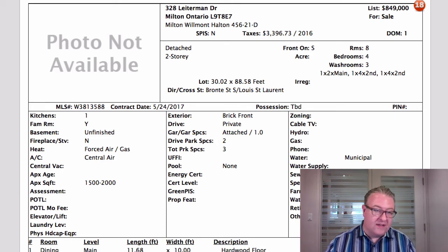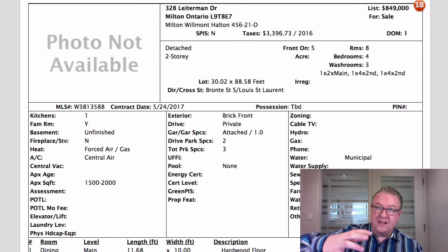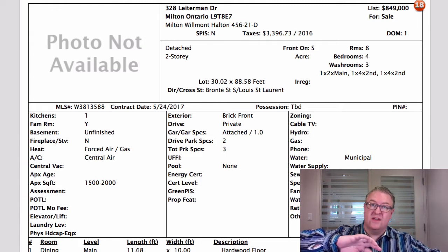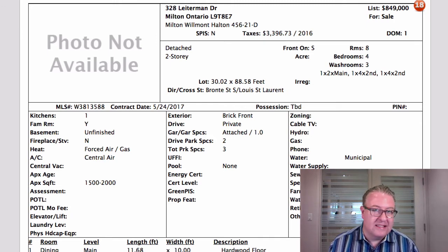pictures and good presentation. It's clean and tidy, but this whole pictures coming soon thing is bothersome to me, because when you put a listing out and it doesn't have pictures, the public systems are going to come in and grab the listing and put it out there, and then you're going to put pictures, and then there's going to be another delay, and it just turns into a mess. So if you don't have your pictures up in the first 5 minutes of listing, me personally, I think you